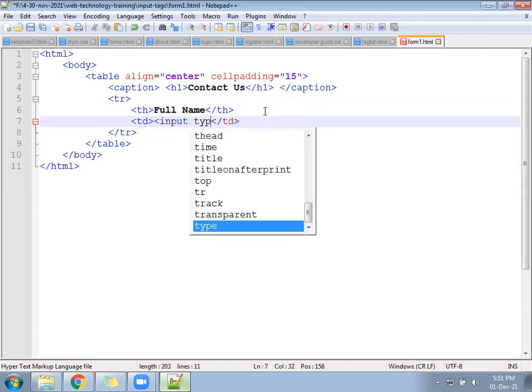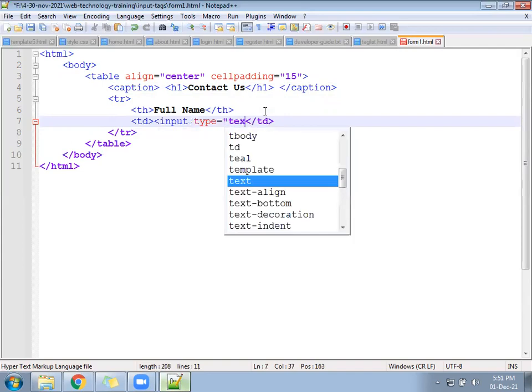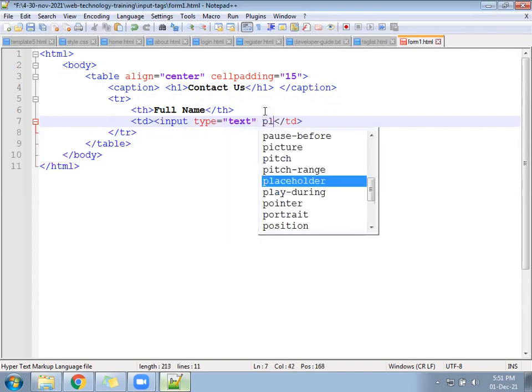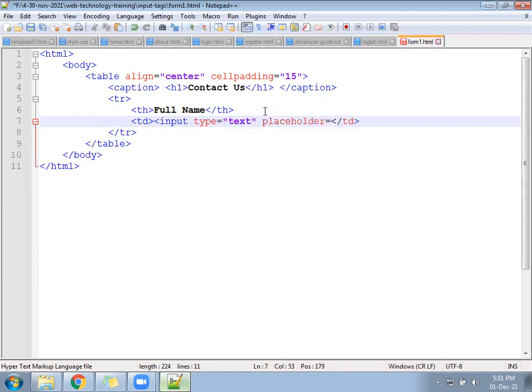Input type equal to text, and follow a property called placeholder equal to Enter your name. Placeholder becomes a property in this file, and the value you have given is Enter your name. Placeholder is a property. Enter your name is a value.